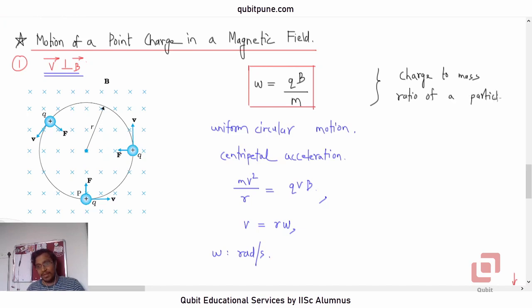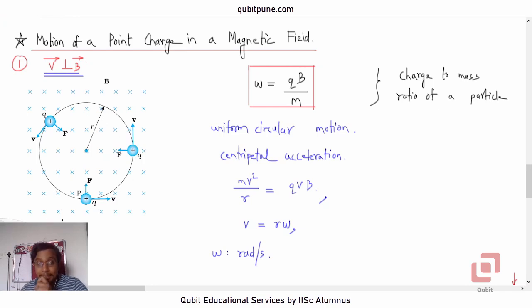And more importantly, if we could determine either charge or mass by some other method, then by plugging in that value in the charge to mass ratio, which we have determined from this analysis, we can determine the other quantity. It will generally be mass, because mass is something that we cannot measure directly, because these charged particles are extremely lightweight. So this is the mathematics behind the circular motion of a charge in a uniform magnetic field.